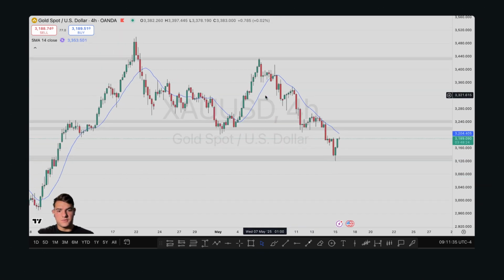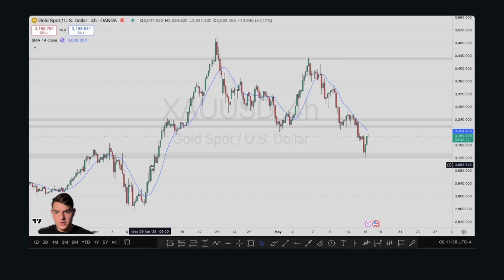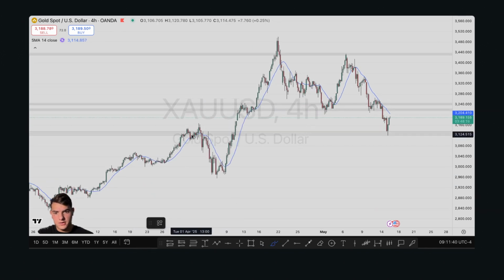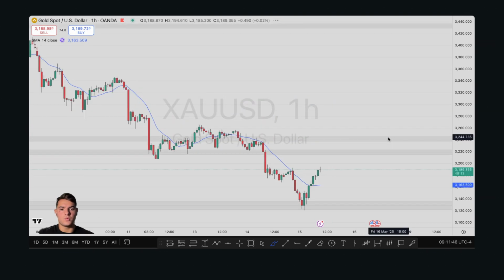Okay, so this is the 4-hour time frame. If we look left here, we see that we have this area again of resistance that we are respecting right now. So if we drop down to the 1-hour time frame,